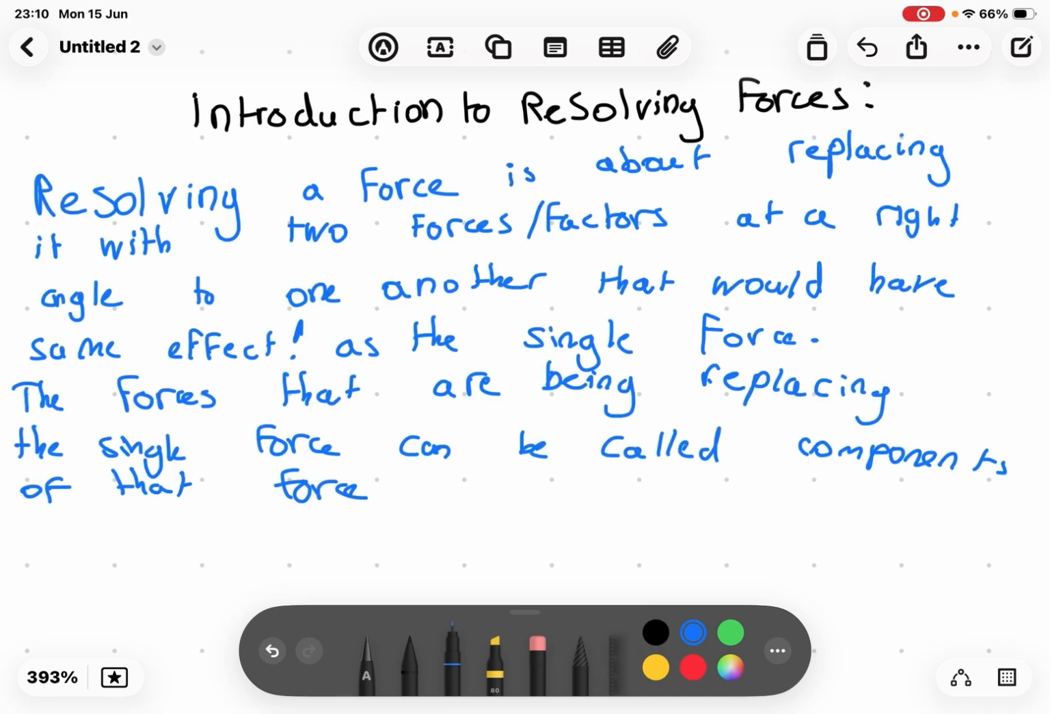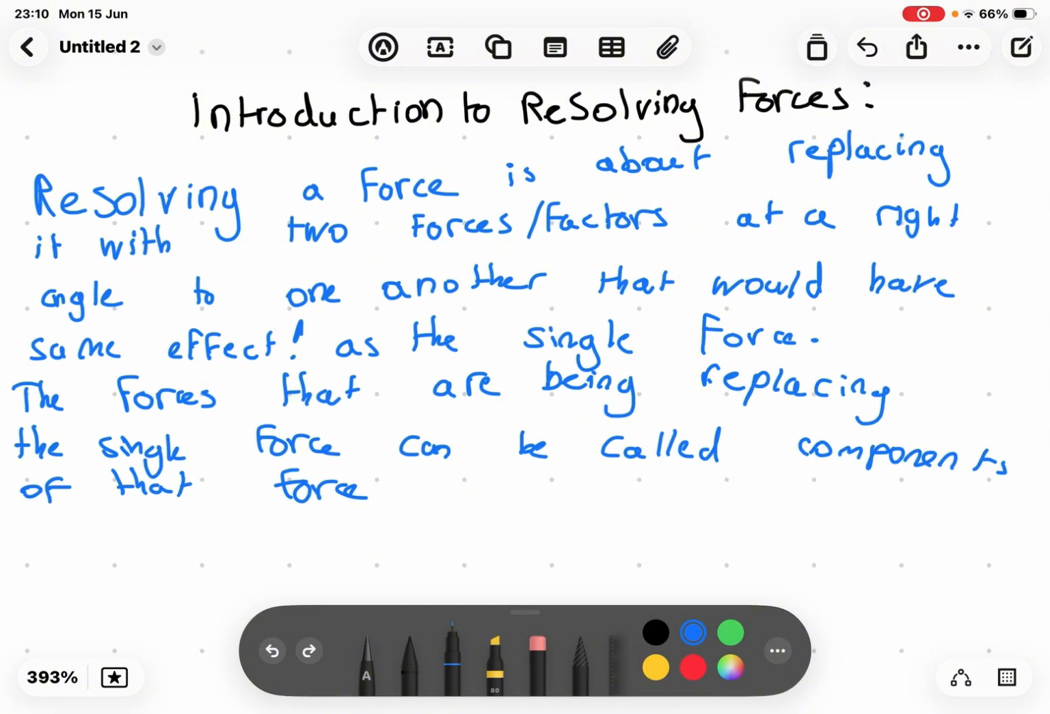Resolving a force is about replacing it with two forces, or factors, at a right angle to one another that would have the same effect. So two forces would have the same effect as the single force. The forces that are replacing the single force can be called components